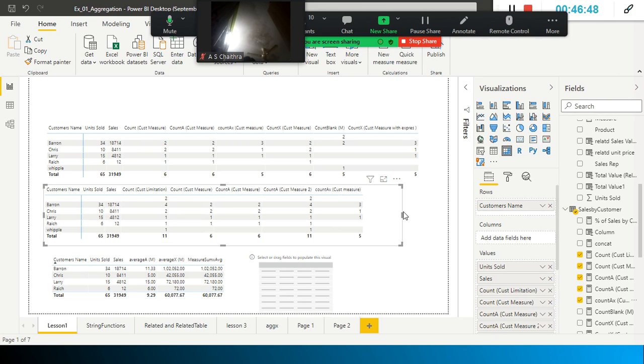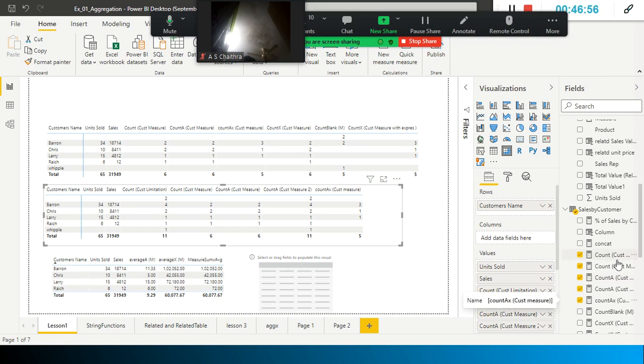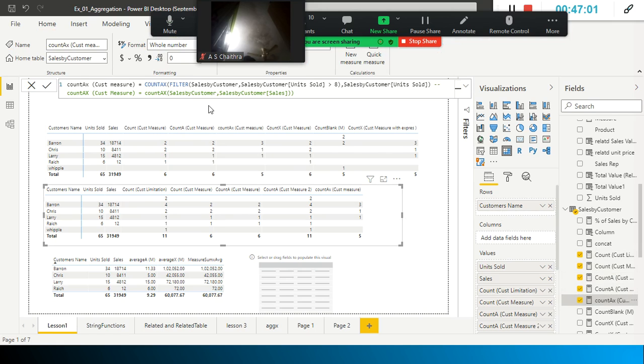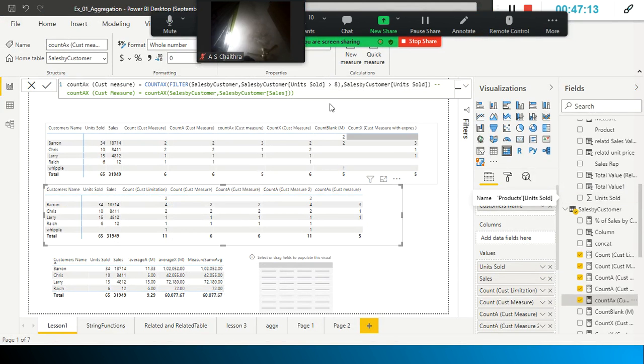Here we have more than 8, so here we have 3, 1, 1, 5 only. So this COUNTAX is on which column? The sales column. In the sales column we have 5 non-null values. It takes into account the null also, even after applying this condition.